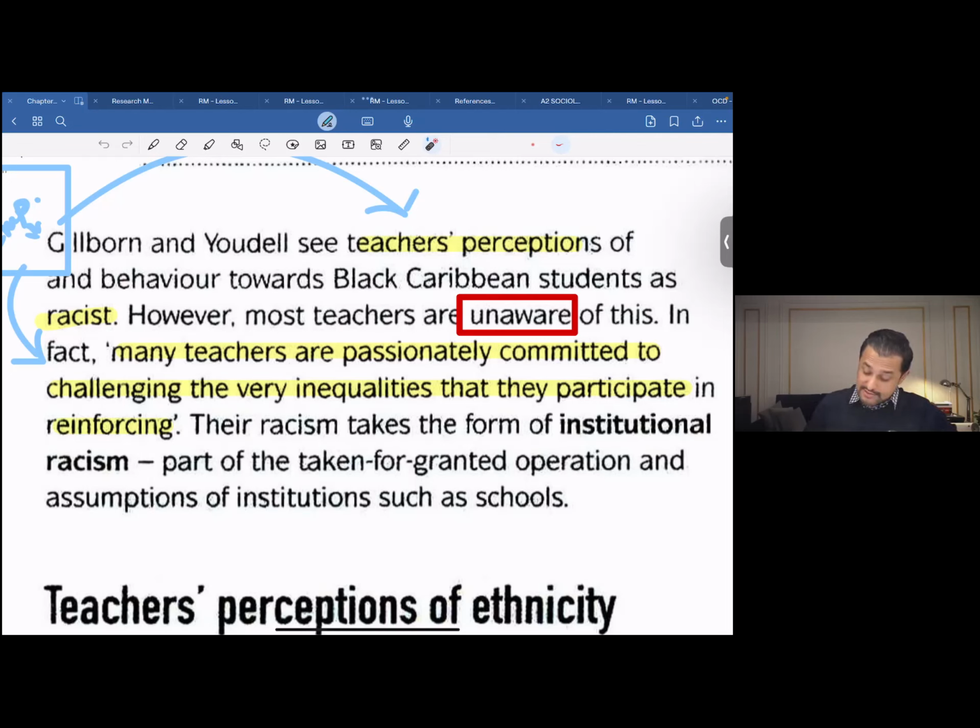Now, their racism takes the form of institutional racism. Now, what does the word institutional racism over here mean? When a particular organization is seen to be or found to be racist,